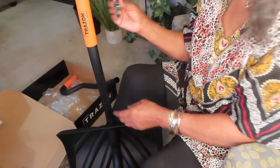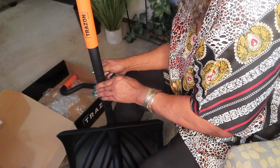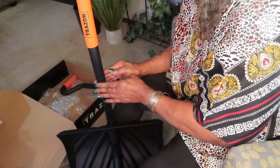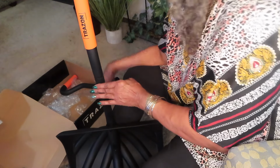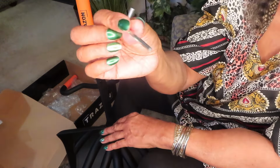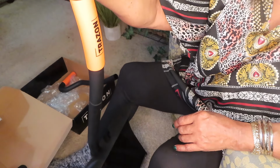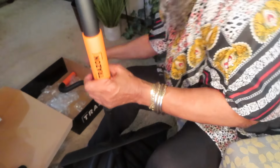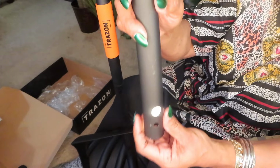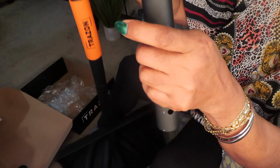So now I'm gonna put this in the back of it. And then it will become flush. You can do it partially with your hand, but then that's where this little wrench comes into play. So I'll be back when this is in here good. Okay, the middle part of the handle is on there. So now I'm putting the top. It says number 3. And on this side,